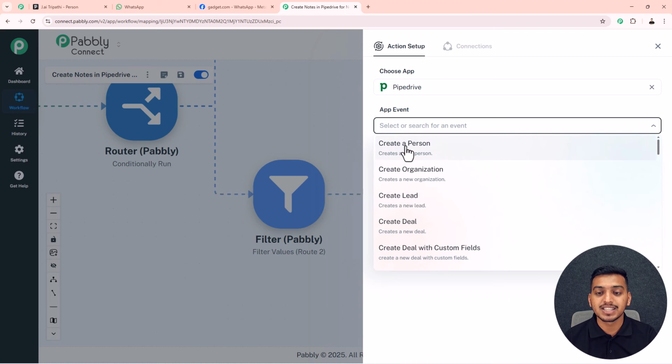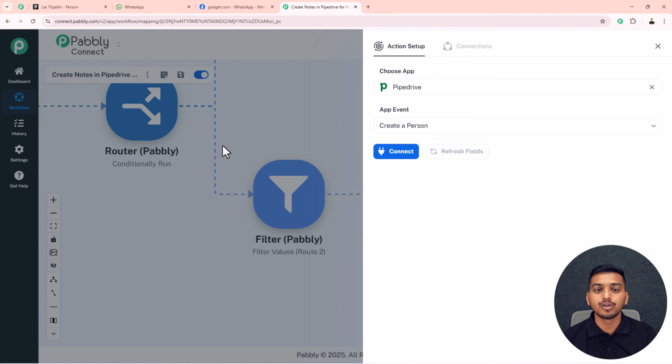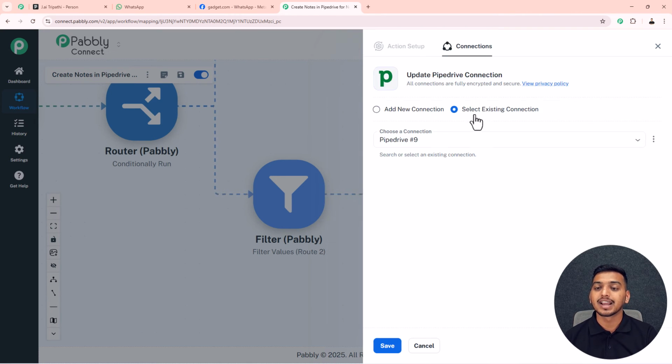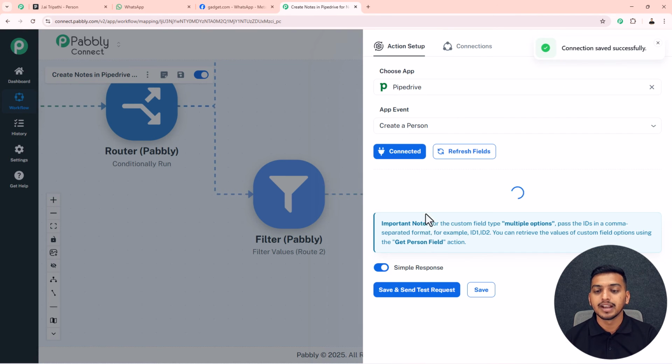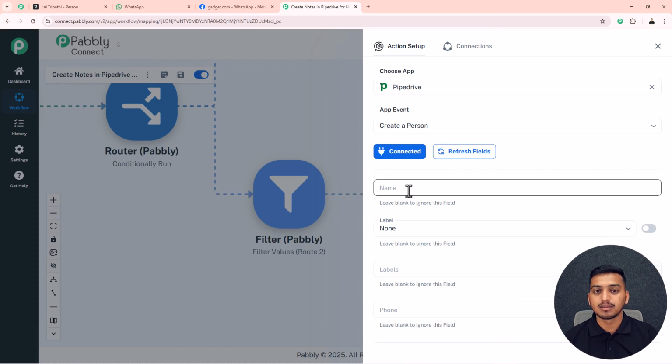all I will select this create a person, because if this workflow does not find a person inside my Pipedrive account, then first of all this workflow will create a person with a new name on my Pipedrive account, and then it will create a note for that particular person. Now I will click on this connect button, and then again I will go with this select existing connection, and I will click on this save button, and here I have to fill up some of these following fields to